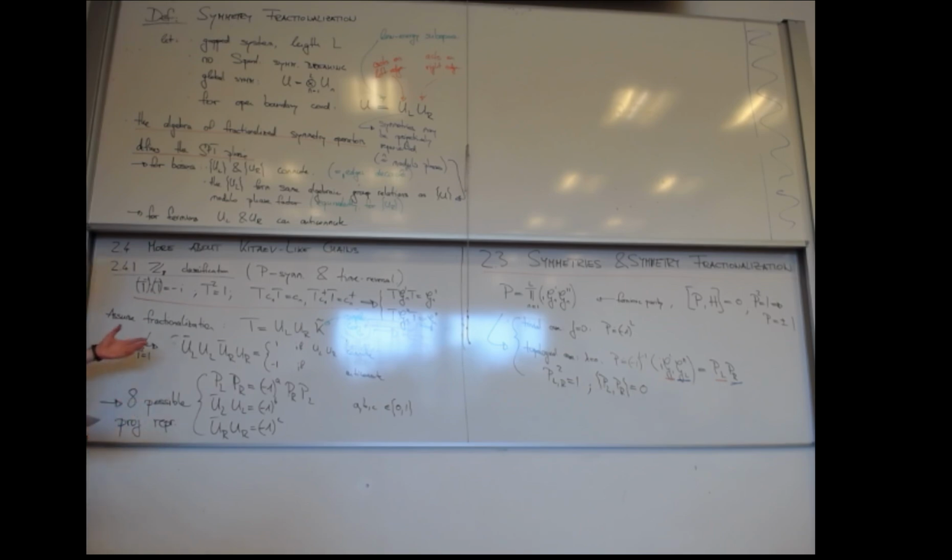So I told you that the König type explicitly constructed this interaction which opens the gap without breaking the symmetry. But you can infer from the symmetry fractionalization, if you have time reversal symmetry and this fermion parity symmetry, that indeed there are only 8 possible